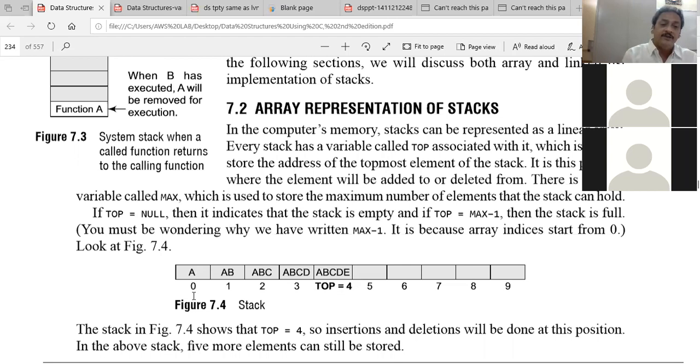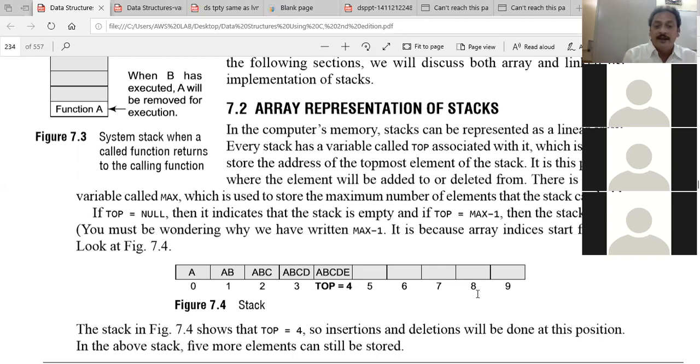The first element in the array is always placed at the 0th position. What is the element that was added at the 0th position, Sandeep?